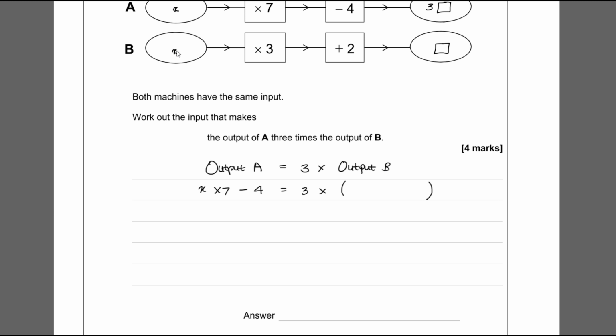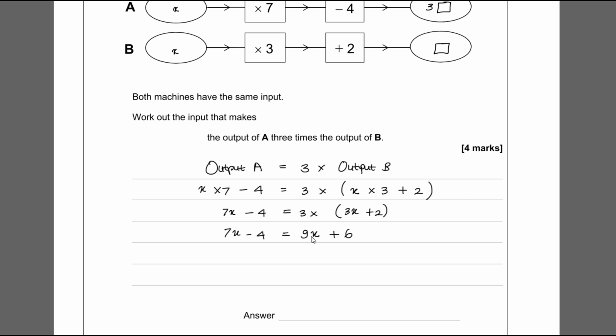If we have the input X, then X times 3, and then plus 2, we add 2 here. Now, in the next line, let's simplify our equations. X times 7 is 7x, and then take away 4. Be careful, we have to do this first and then this later. Now, 3 times x times 3, it is 3x, and then we add 2 later. 7x minus 4 is equal to 3 times 3x, which is 9x, and then 3 times 2 here, which is